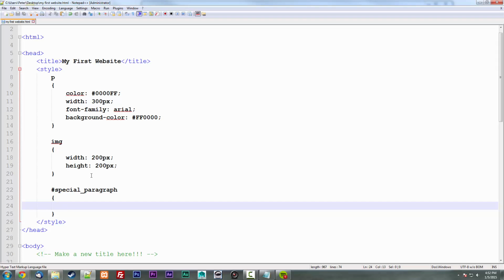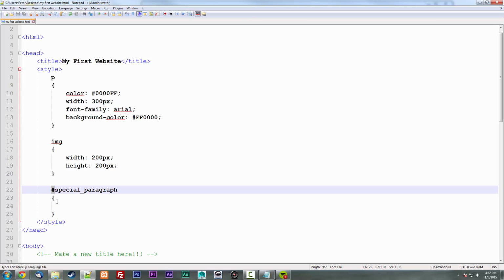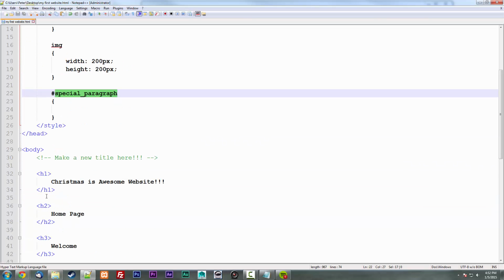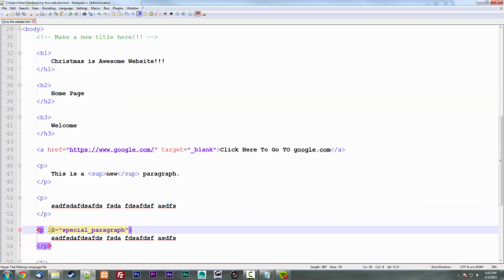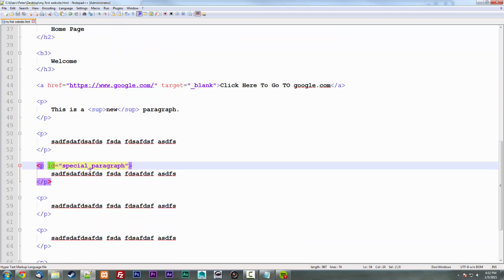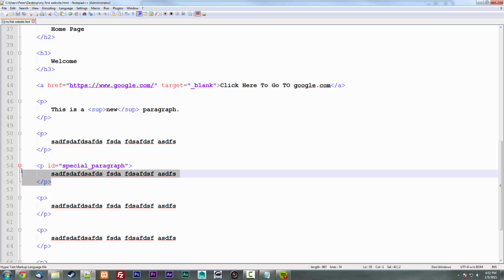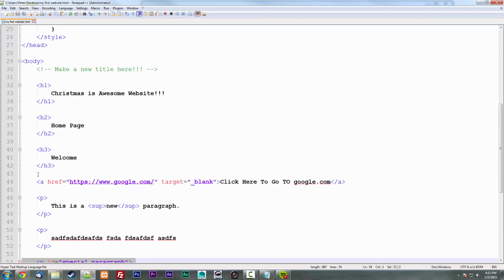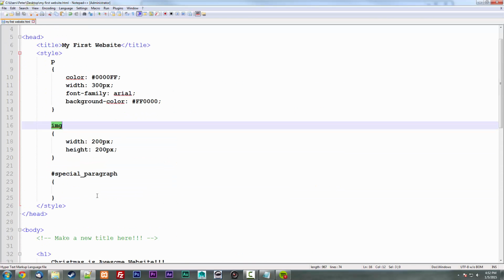And what this is telling CSS is, with a pound sign, we're saying we're not looking for an element name like one of these. We're looking for an ID. So it's going to scour the whole page and find an element with this ID, and it's going to apply that to that element instead of looking for the element name like this. So